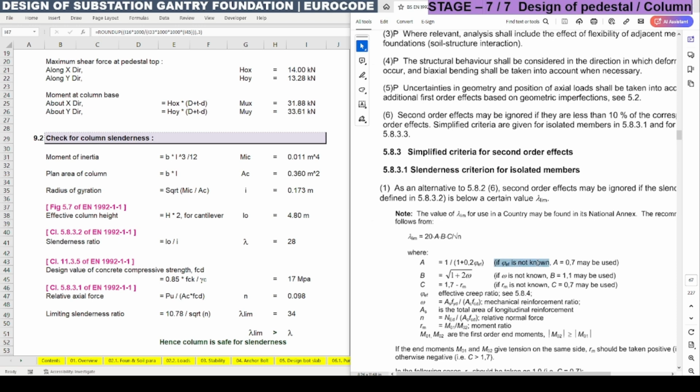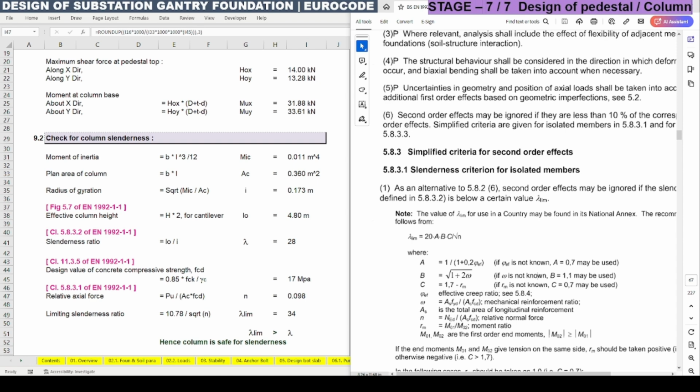So if 5 EF is not known, even the 5 EF definition is also given, it is a creep ratio. This calculation will be lengthy if we are going to work out all the small values in order to find those out. But in order to shorten this, we can consider the direct values A equal to 0.7 and B equal to 1.1, C equal to 0.7. So this value we can directly apply. So if we are going to apply this here,